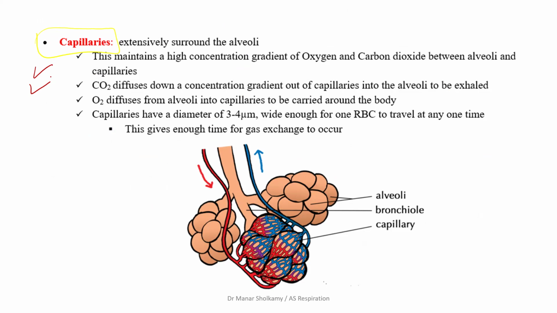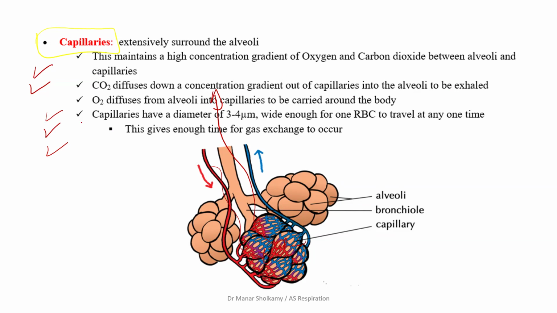No, you're wrong, Mariam. They provide the CO2. Deoxygenated blood. Yes. So the capillaries provide the deoxygenated blood, because this deoxygenated blood will give out the CO2. The CO2 will be exhaled, and these capillaries will take the oxygen from the alveoli. And even though this is a very easy question that is out of 4 marks, you will find it